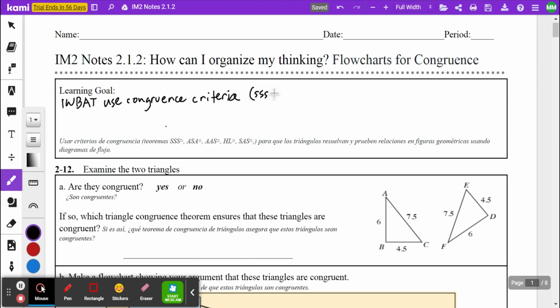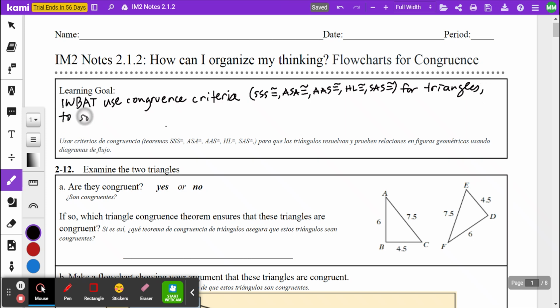Side, side, side congruence, angle, side, angle congruence, angle, angle, side congruence, hypotenuse leg congruence, and side, angle, side congruence. And you're going to use those for triangles. Oh, these are congruence criteria for triangles, sorry. Triangles. You're going to use those criteria